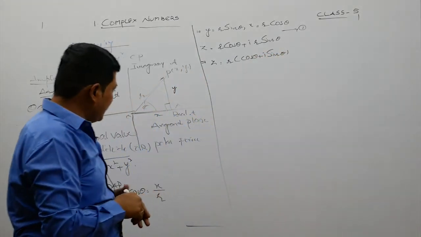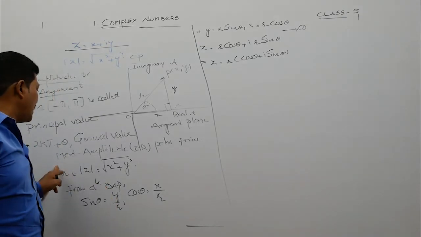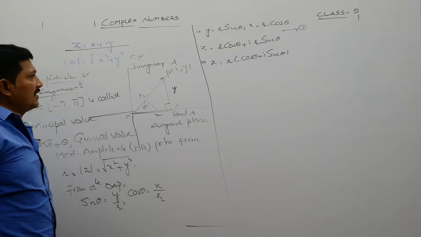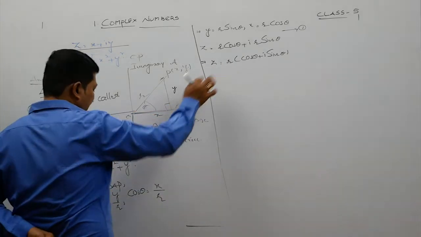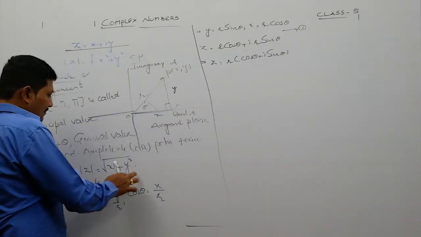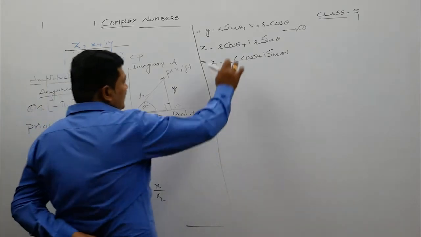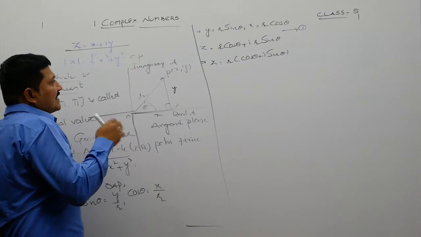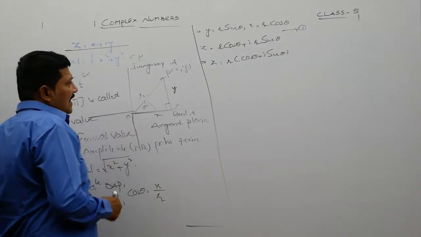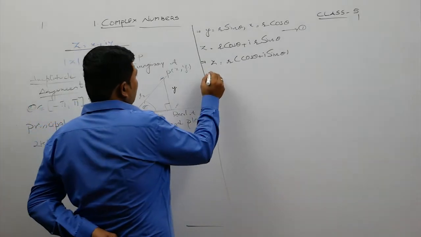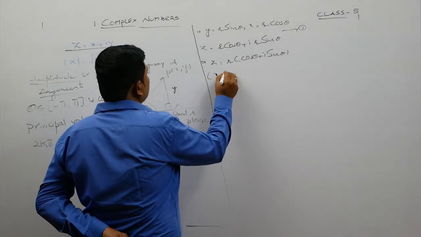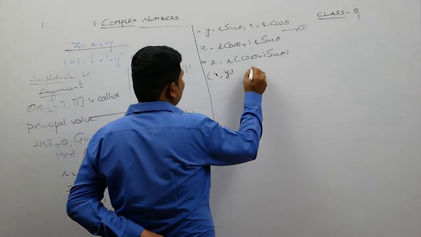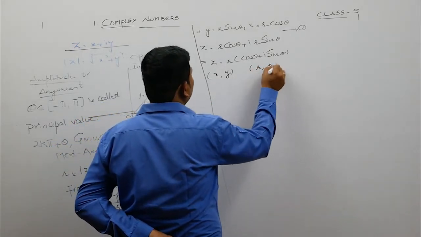Now here, why do we use this word mod amplitude form? You can see here r is nothing but mod z, the modulus, and theta is the variable. According to theta, cos and sin will change. Now, when z is expressed in the form x comma y, for this pair of real numbers there exist r comma theta.